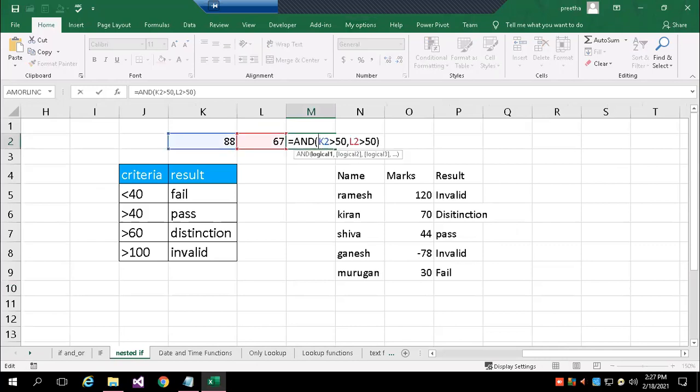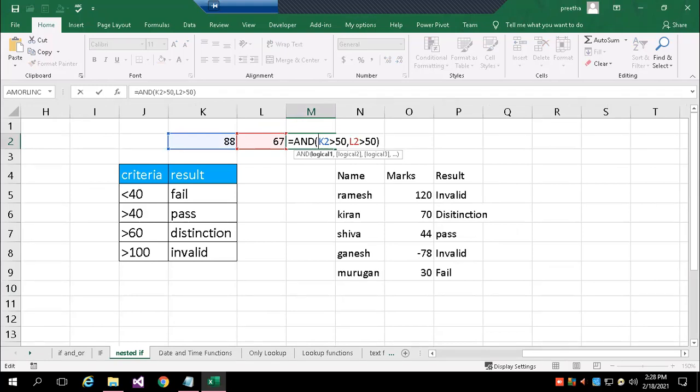You can see one small example. We have in the logical functions IF, OR, AND, and one more, NOT. When we wanted to check only one condition, you directly write it inside the IF statement. Suppose I have to compare more than one condition.